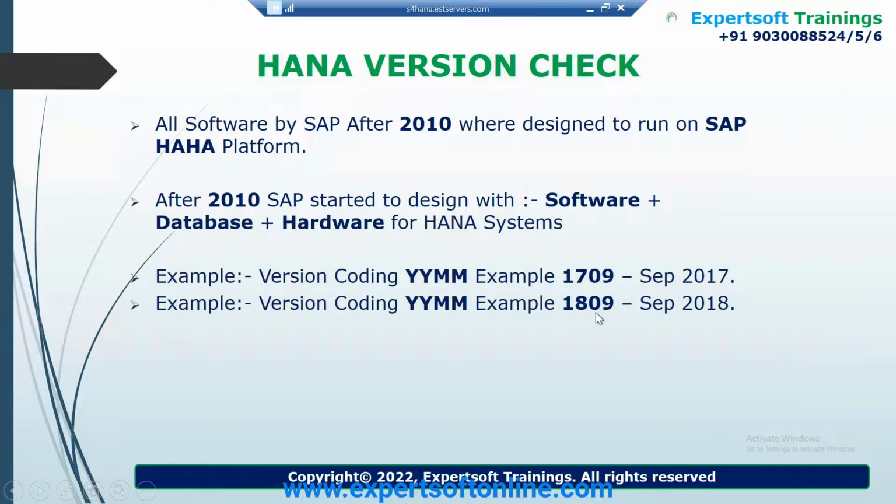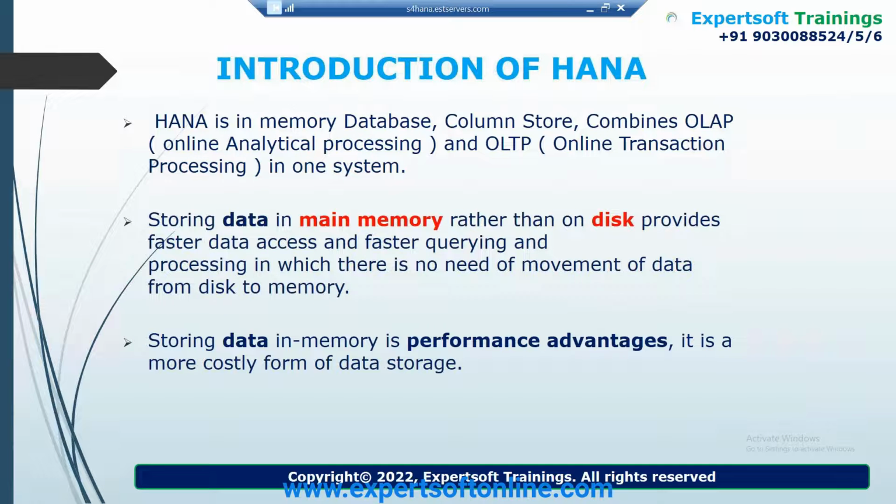Yes, yes. Okay. So this is what I have talked about, that HANA is an in-memory, column store database. It does all types of things, online analytical processing and online transaction processing. Analytical processing is like reporting, like you are creating BW transactions and giving them to the management to take quick decisions. That is analytical processing. You have data, you are doing some analysis and giving them graphs and all those things.